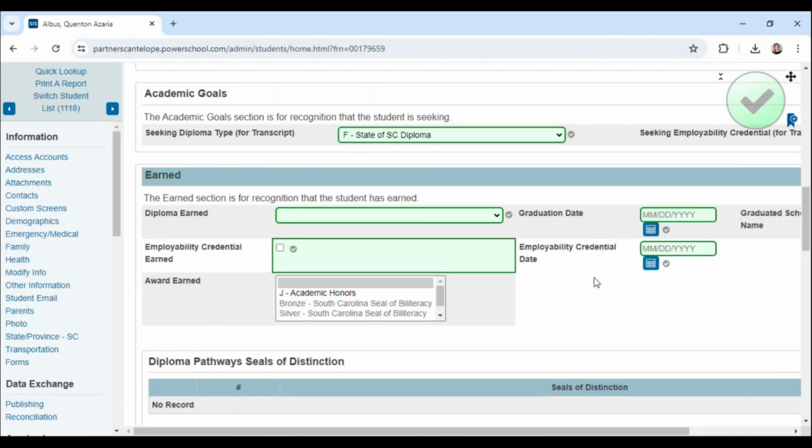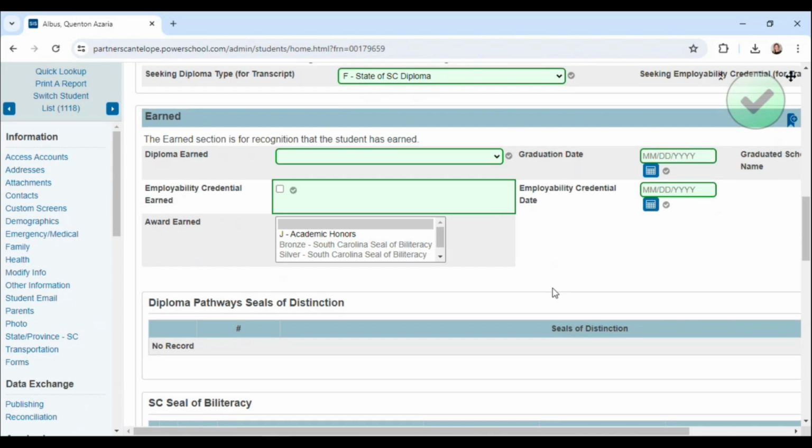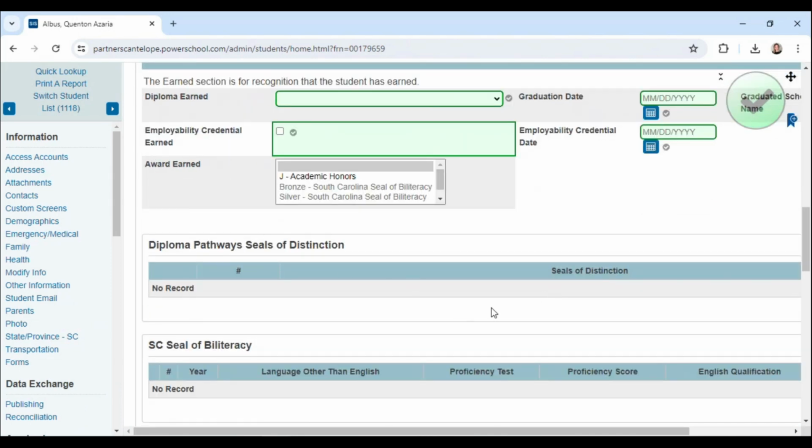One note about the South Carolina Seal of Biliteracy: while it would certainly be very likely that many of your recipients might already be earning a diploma that year, remember that 11th graders can earn this. So your students might not necessarily have already earned their diploma yet. So don't worry about that. That's something that's different about this award than the Diploma Pathway Seals of Distinction, right? The Seals of Distinction can't be awarded until the student gets their diploma, until they've met the requirements for earning that. But the Seal of Biliteracy, again, they can get it their 11th or 12th grade year. So that's not something you have to check on. The requirements are just different.